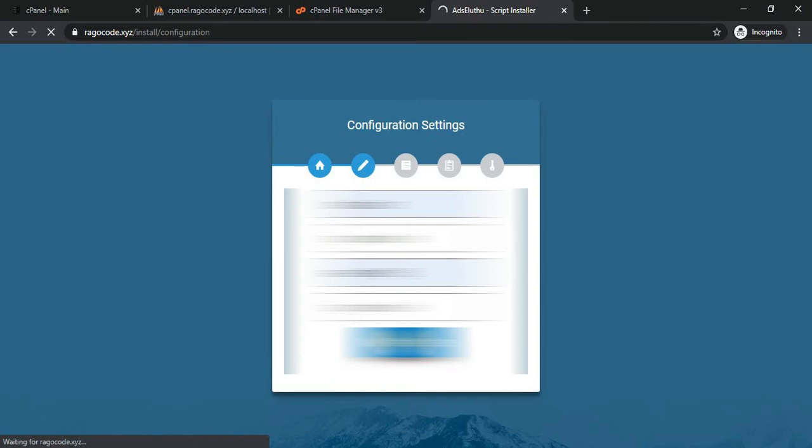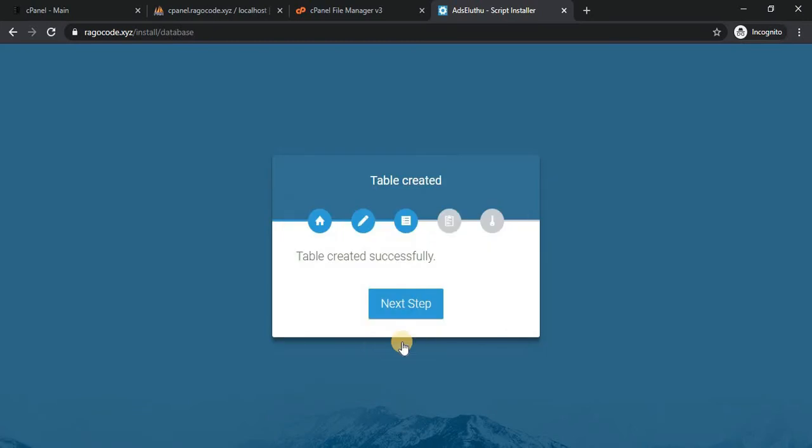In the next step, all the database table records are inserted into your given database. It takes a few seconds, and then the tables are successfully created, and I click the next step.